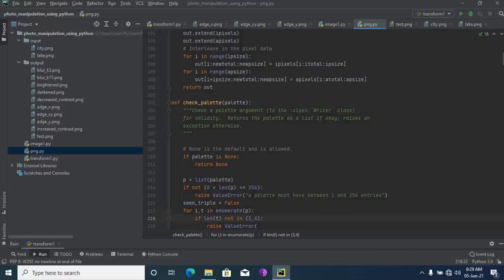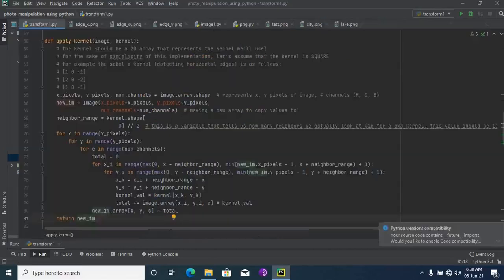I have created the next module, transform.py, another file. In it I'm defining the function apply kernel, with parameters image and kernel. The kernel should be a 2D array that represents the kernel we use.